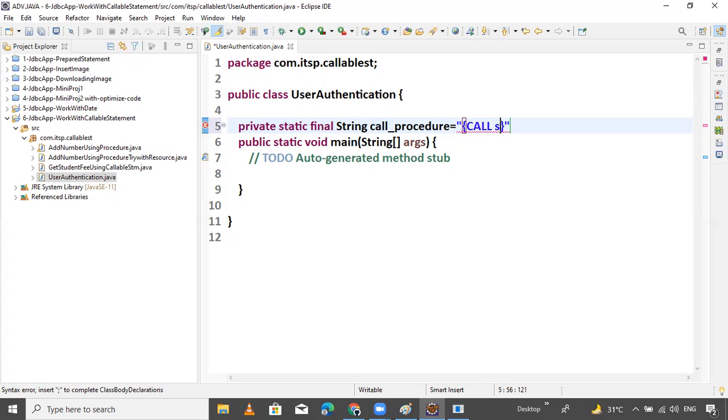What is our procedure name? user_authenticate, passing the parameters. How many parameters do we pass to the procedure? Three parameters: first is the username, user password as in type, and one is the out type parameter.